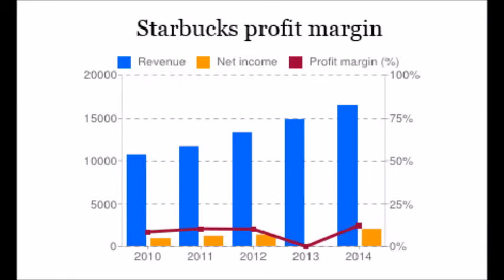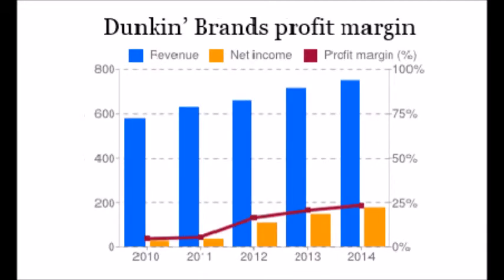Now, as for profit margin, if we expand the 3 years we have been looking at to 5 years, we can see that Starbucks doesn't really have that big of a profit margin. Let's look at the profit margin from Dunkin' Brands, a very similar chain of stores in the same industry. We see that they have a constantly growing net income that goes up to 25% of profit margin, which is